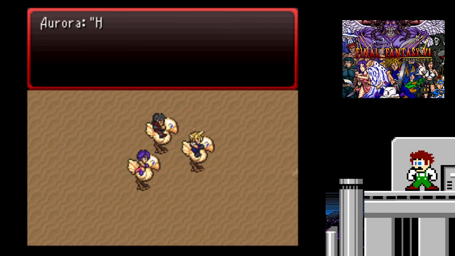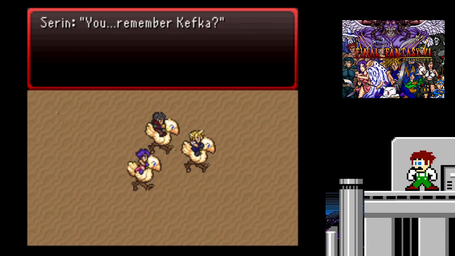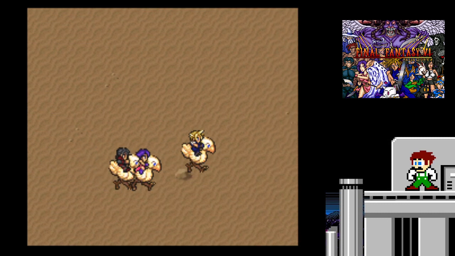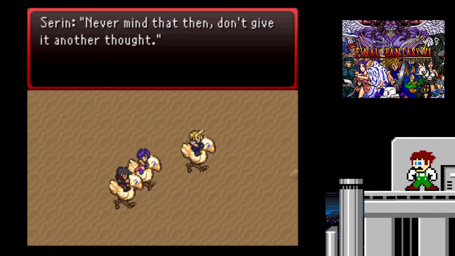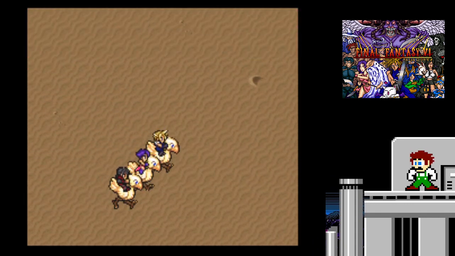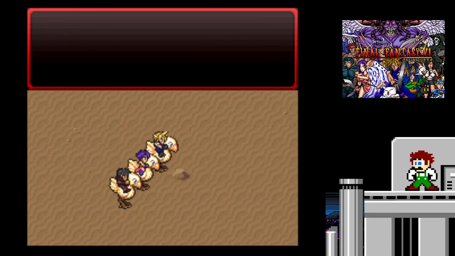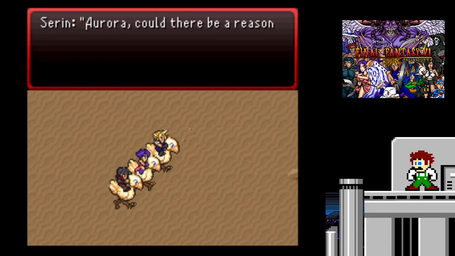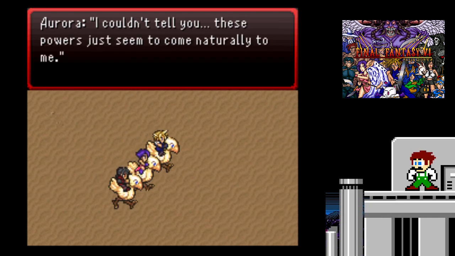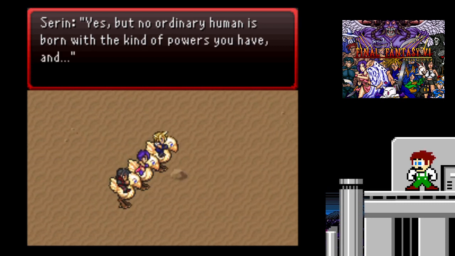Are you okay, Aurora? Oh, I'm fine. It's just that horrid man. He seems strangely familiar. You remember Kefka? I'm not sure. It hurts my head just thinking about him. Most people have that effect. He has that effect on most. Never mind that then. Don't give it another thought. We should plan our next move. With the resurgence of magic, whoever has the stronger is likely to, or the Emperor. They need the esper. Sure, could there be a reason why the esper reacted to some kind of connection? I couldn't tell you. These powers just seem to come naturally. Yes, but no ordinary human is born with the kind of powers you have, and...